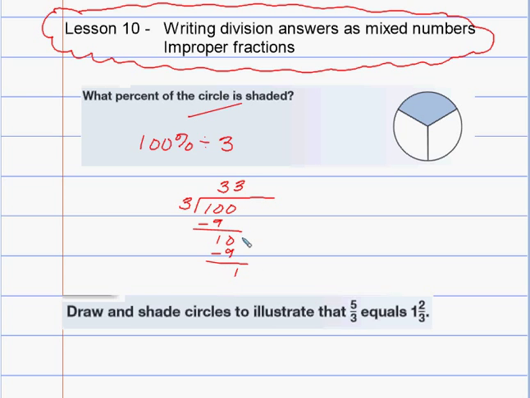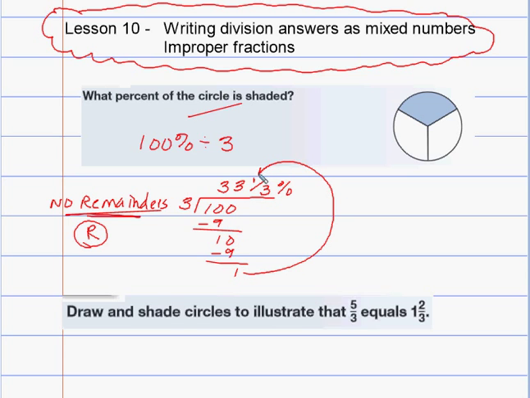At this point, we have a 1 left over. And in the past, you've written your answers like this. Okay? But we are not going to do that anymore. We will not use remainders, like with the R. What we are going to do is write this leftover as a portion of our divisor. So it's 33 and 1 out of 3. And then remember, this was percent, so it's percent. So you take this leftover, and that becomes the numerator, and your divisor becomes